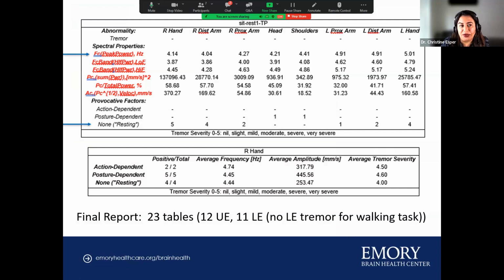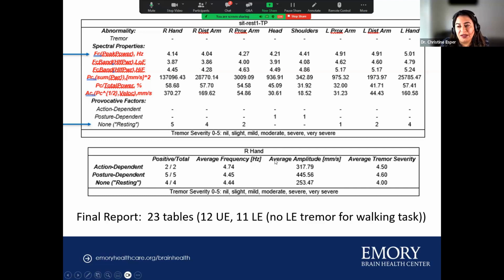So as part of the output that we receive, there are several tables similar to what I am showing here, which will specify tremor findings per anatomical region. So here we have what the task is. This patient was sitting at rest, and then specifically what the findings are. So in this case, patient had a right hand rest tremor, about 4.14 Hertz,